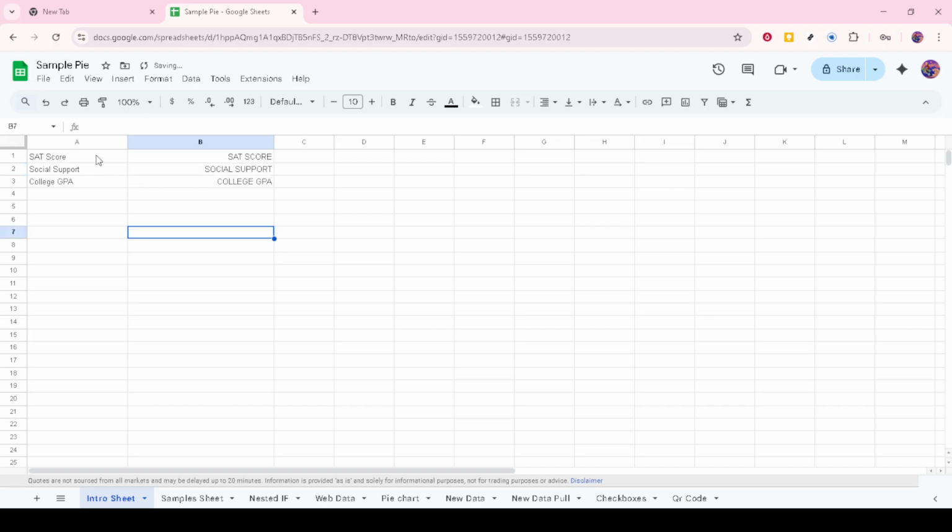At this point, your formula should look something like this: equals UPPER, open parenthesis, followed by your cell reference or quoted text, and closing parenthesis. With everything in place, press the Enter key on your keyboard. Voila! The text in the original cell has now been transformed into uppercase in your designated output cell.